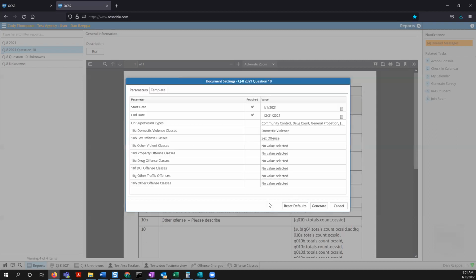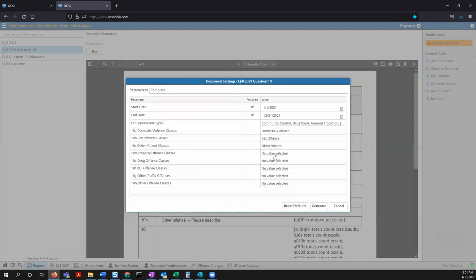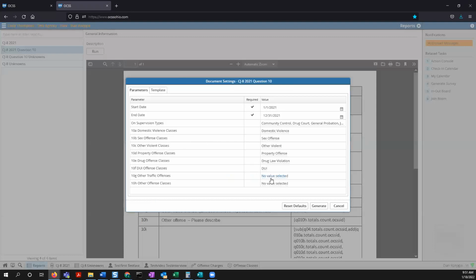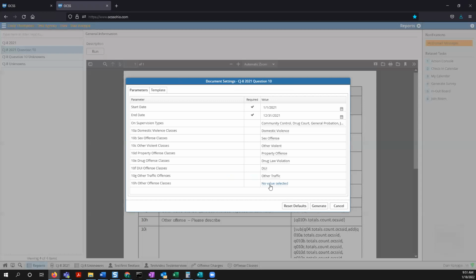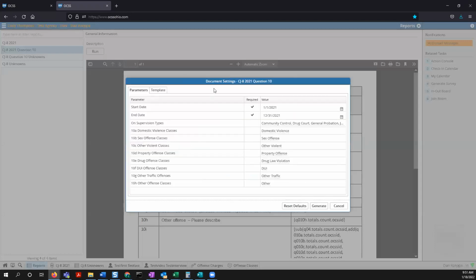sex offense, other violent, property offense, drug law violation, DUI, other traffic, and other offenses. Now with this, I've worked with some of you in the past and you have different classifications,